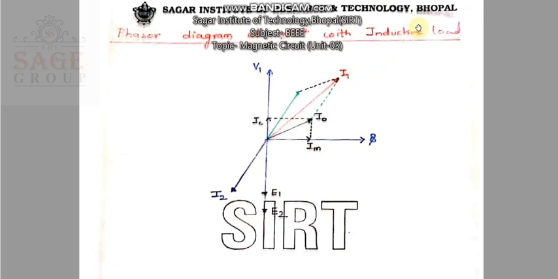As you know, when you connect an inductive load in the secondary winding, the voltage of this load leads the current of this load. And as you know, this inductive load is not purely inductive, it has some component of resistance. That's why in the case of this inductive load, its voltage will lead its current by some angle.